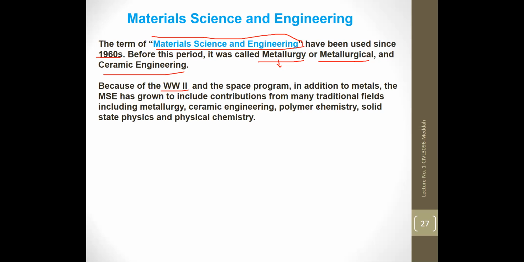So after the Second World War, so many sectors, the industrial sector, have been growing. And of course, when you have an industrial sector growing, that means there is research behind it, which is of course serving this development in this specific industrial sector. So after the Second World War, many new disciplines and new fields have been emerging, especially polymer chemistry, solid state physics, and physical chemistry, emerging from, of course, traditional fields.